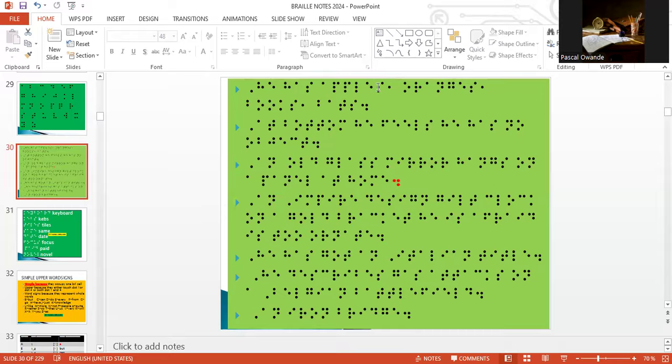Allow me to also introduce a punctuation mark, which is comma. Comma is written as middle A, which is dot 2. Dot 2 alone is comma in English Braille. So we say that dot 6 alone shows that the first letter in a certain word is capitalized. So we say he has apples, comma,